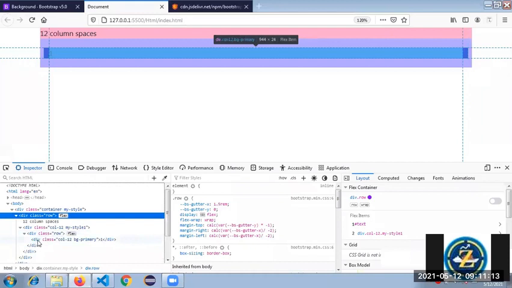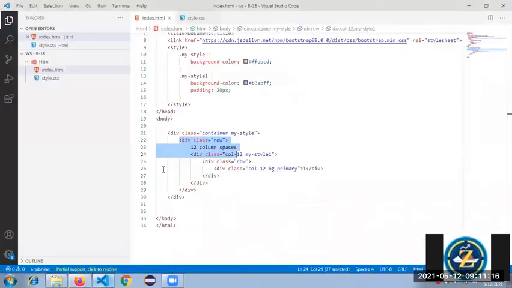Nesting, guys, nesting. I mean to say it's nesting. So in one row we can have 12 columns, and if you take any one column, Bootstrap provides the option to open one more row in that column. Yes, it's a ladder. Exactly, it's a ladder and it's nesting. In that row again you can have 12. Okay, for better